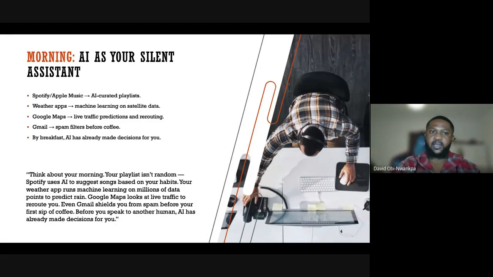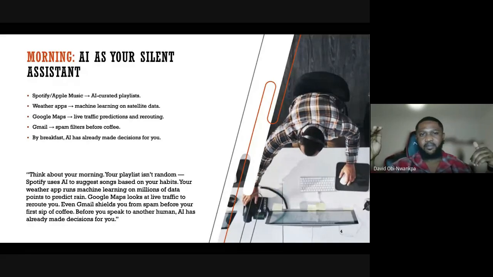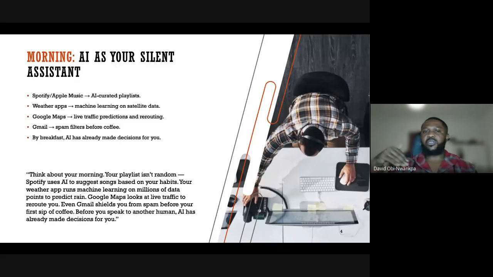the morning specifically. So Gmail as well, spam filter before coffee. Yeah. So sometimes we get emails and we're waiting for emails, like where is it? It's not coming to the inbox. So Gmail has been able to filter those emails and call them spam because they're not really coming from the right sources, or they're coming from unidentified URLs, or for some reason there have been links that are predicted to be phishing. So it just goes to the spam folder, and then if you don't check your spam folder frequently, you won't be able to find out that, hey, this mail I've been waiting for is down there.